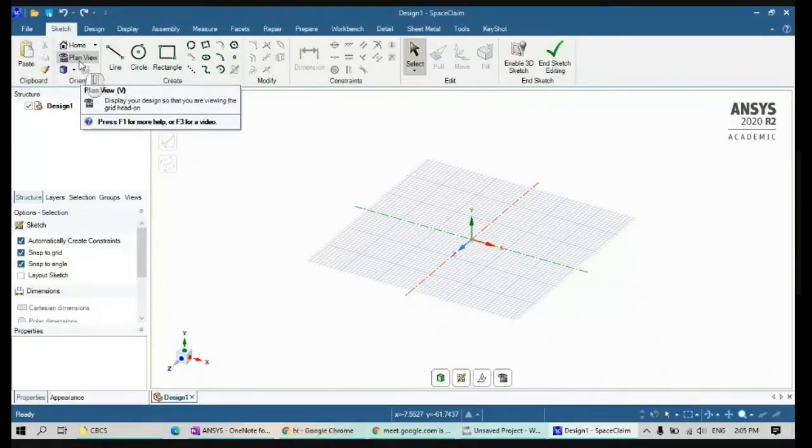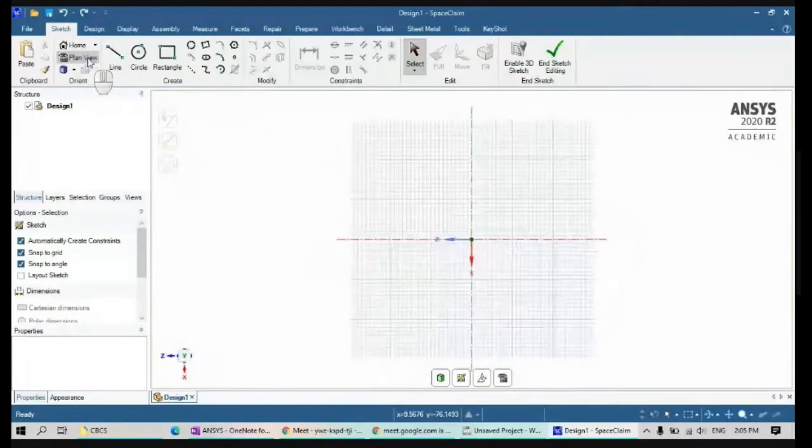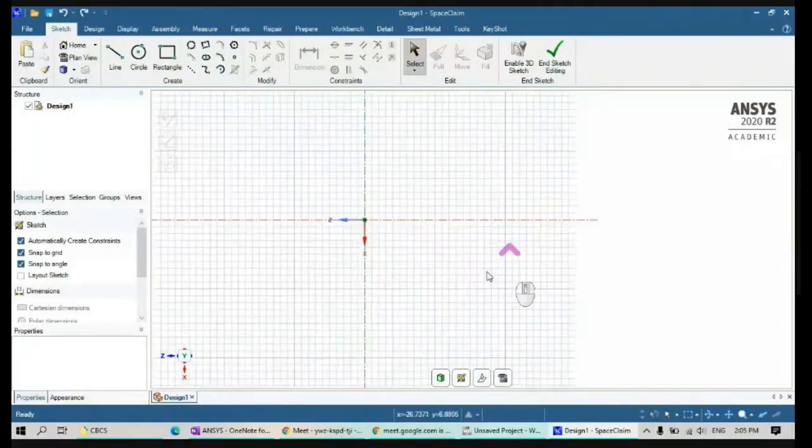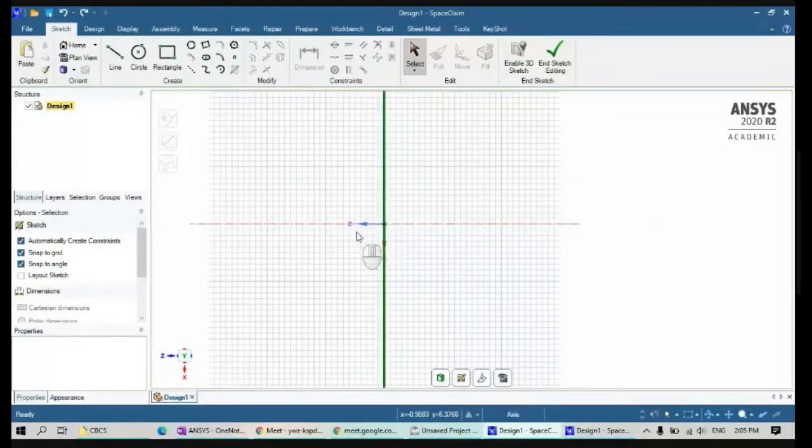Just like in Creo, to tilt it in a perpendicular direction, you can use this. So what I'm going to do is go for this plan view. Let me click here, and we will get something like this. Don't worry about this. The coordinate system doesn't matter, so just draw anything. You can change the coordinate system based on the particular component you draw. No need to worry about this X or Z coordinate system, because whenever you draw or import anything, you have to look at the figure and the particular coordinate system in ANSYS, and you have to provide the post data, right?